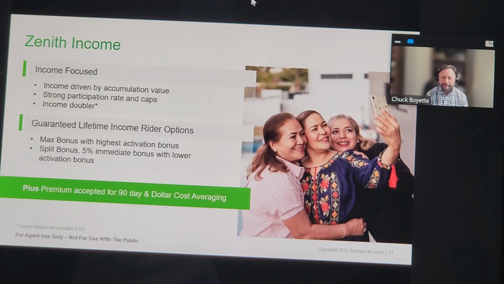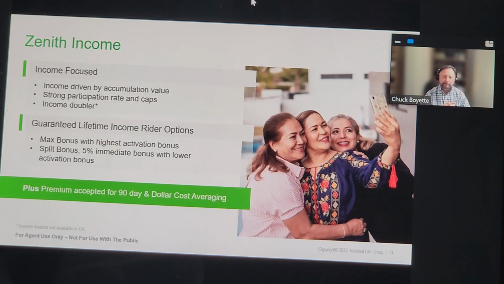That is a 1% fee. There is another GLEAR option called the split bonus option with Zenith Income. It is a 1% fee as well, but what we do with that split bonus is a balance between accumulation and income. So with split bonus, we pay a 5% immediate bonus, and then based upon your client's crediting strategy